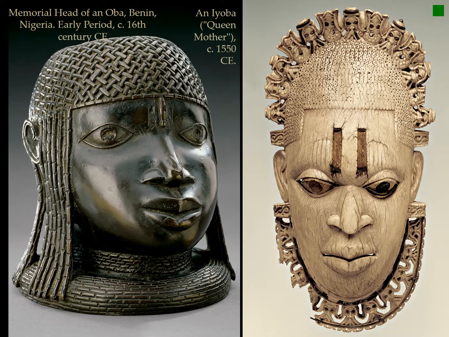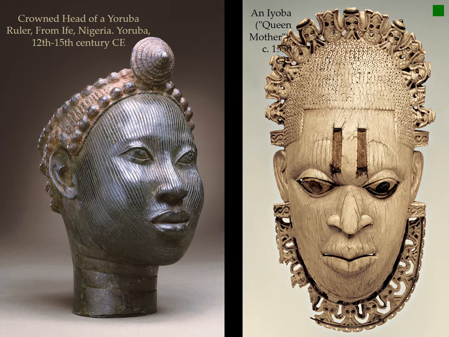The crown is going to be different from the early coral crown seen in the memorial head of the Oba here from the 16th century, around the same time, because we're going to have the same features of those individuals who lived at this time, but also with carefully rendered regalia and jewelry that she's wearing, of course showing us how significant she is.